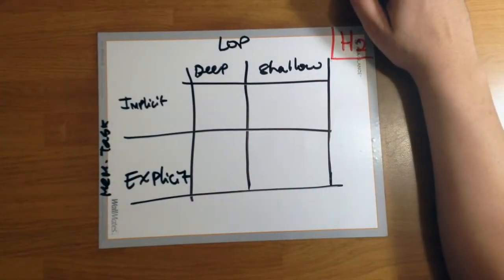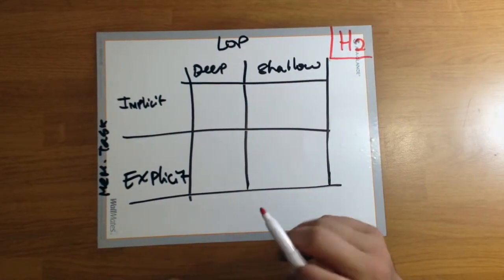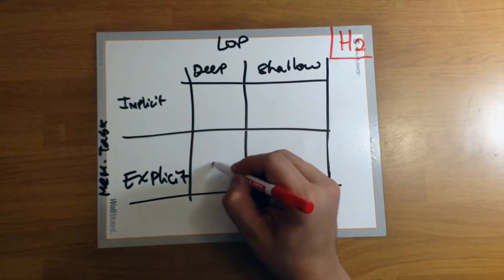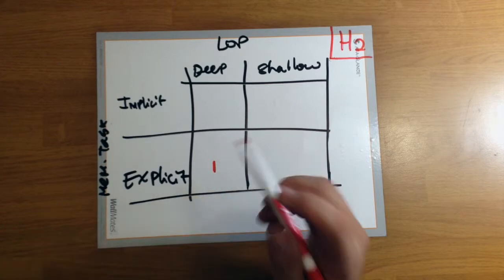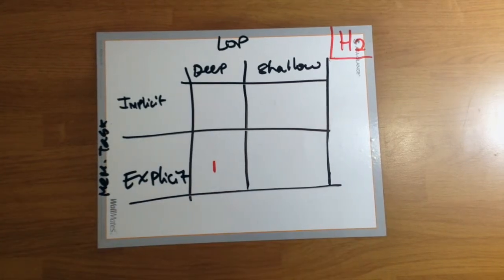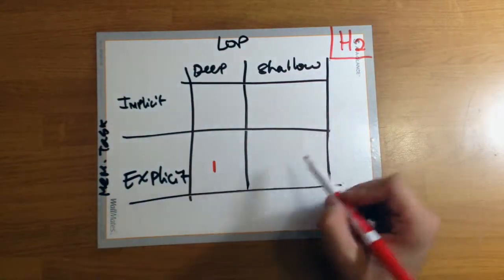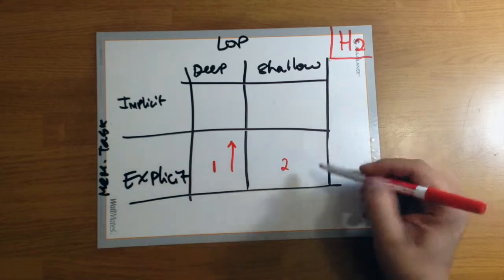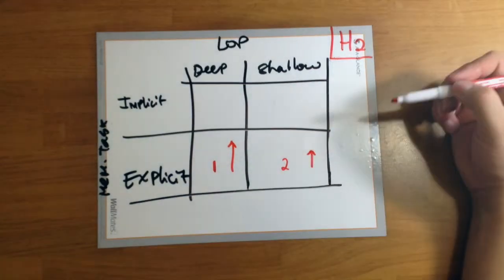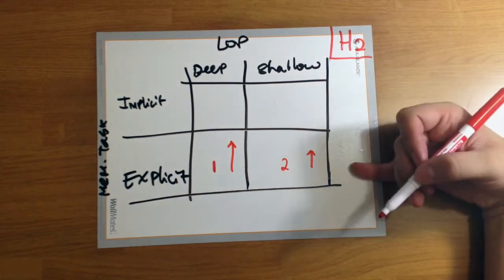So as far as explicit tasks go, it will be like this. This will be the most, so we can call it 1, i.e. the most recall. So the lower the number, the more recall. Let's do it that way. And then on explicit, still, LOP on explicit will be, let's call it 2. As in, this is the strongest effect, this one is a little less strong, and that's what we're going with for this first part.